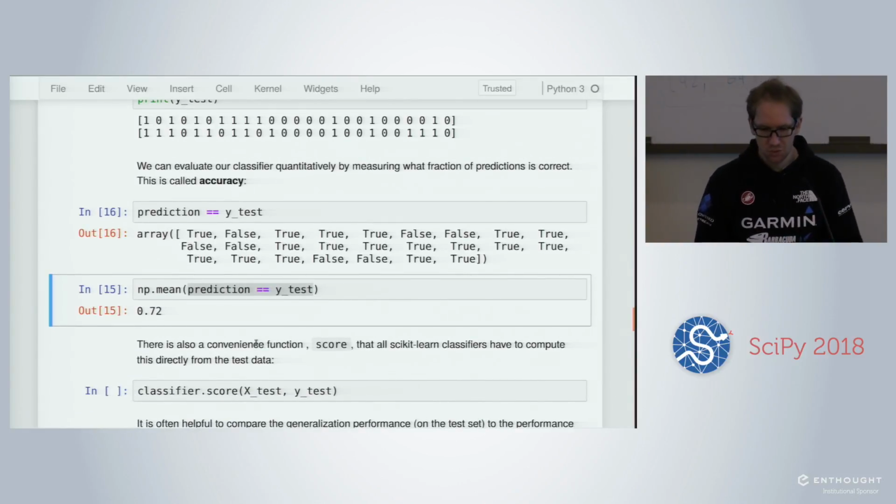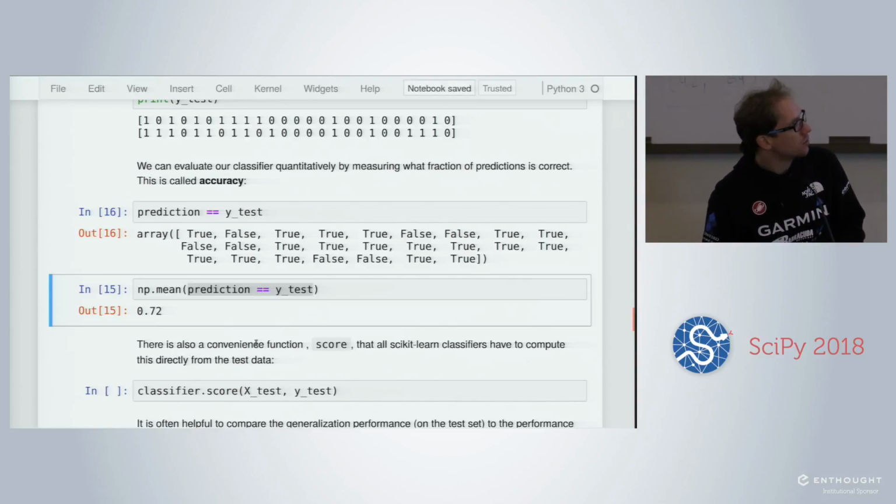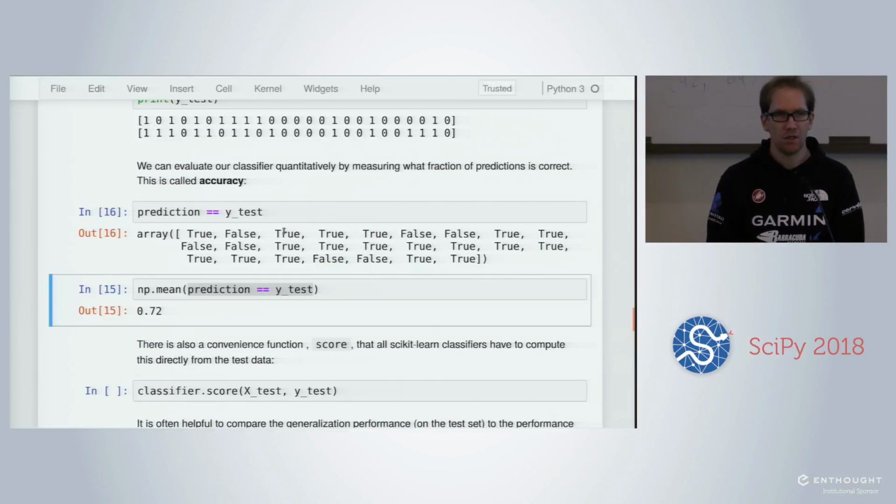Let's recall basically the API. We will call fit to train our models, and then we will be able to predict, to evaluate the generalization of our models using predict. And then we'll use an evaluation to see if our predictions are the same as the testing labels. We already saw a bit about that.